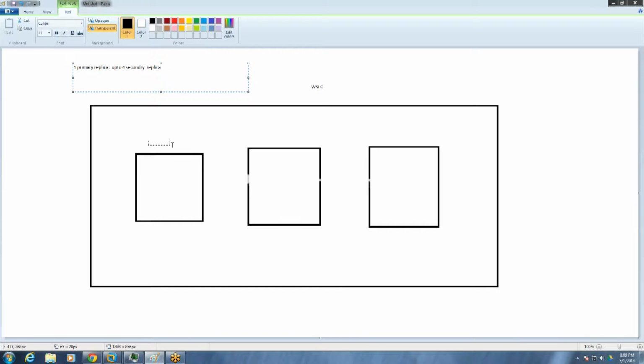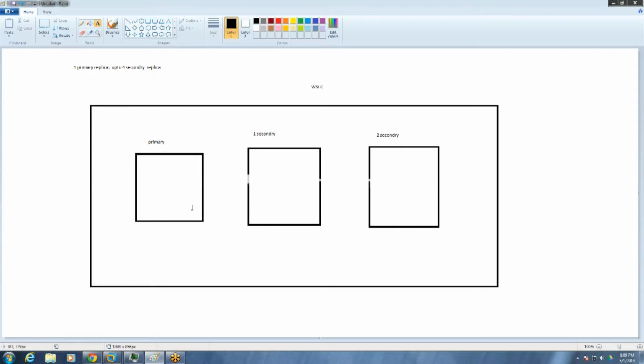Suppose this is the primary, this is our first secondary, and this is our second secondary. If something happens to the primary server, it can automatically switch over, or fail over, to the secondary.